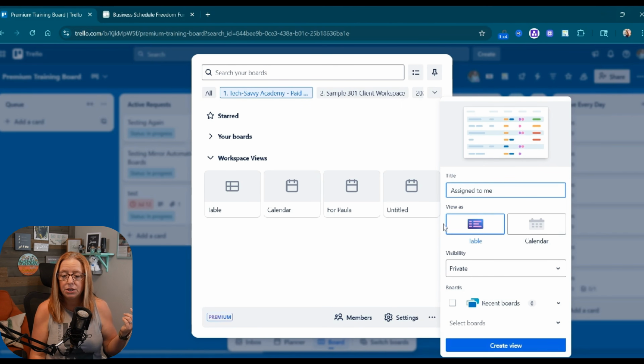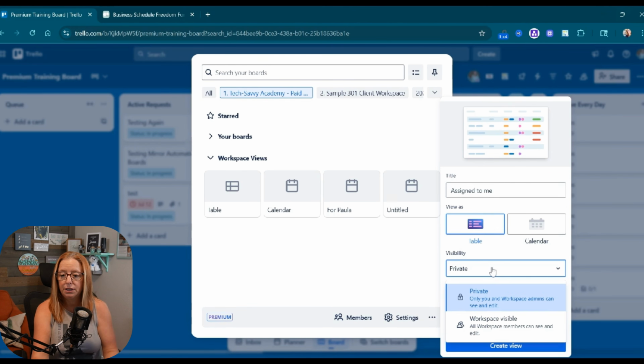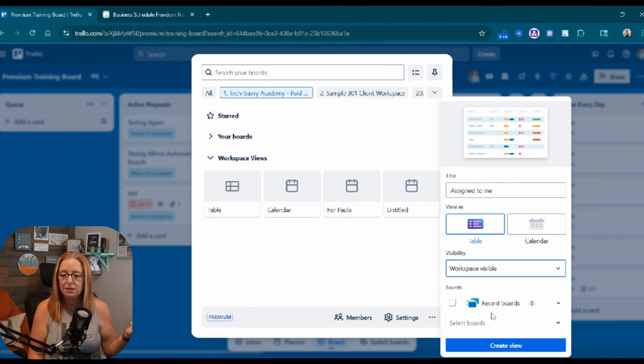Okay, and then you have the ability to change the visibility here. So you can either make this a completely private workspace view or visible to other people in your workspace. So let's just go ahead with workspace visible. And then from here, you're going to see that it's going to ask you what boards do you want to